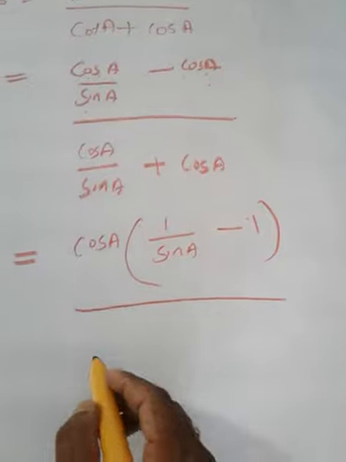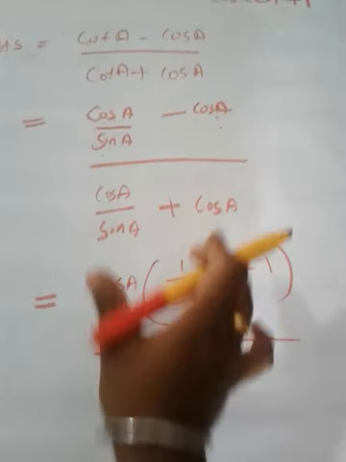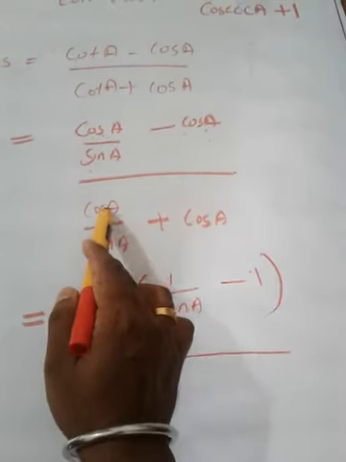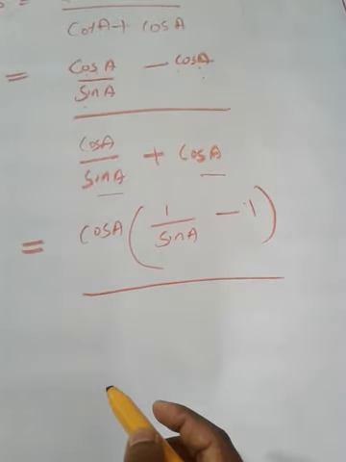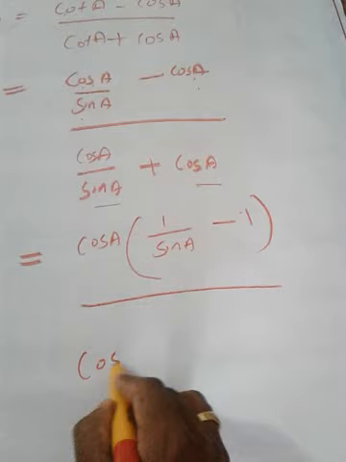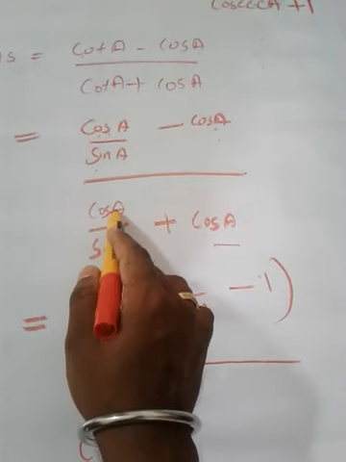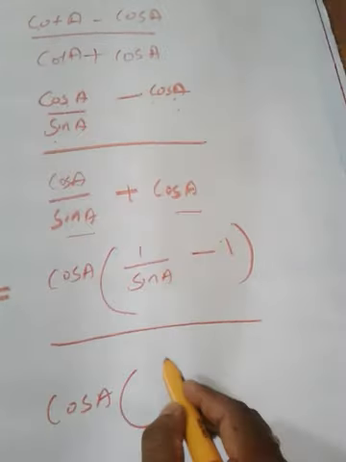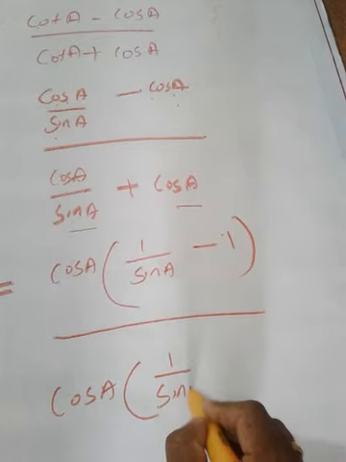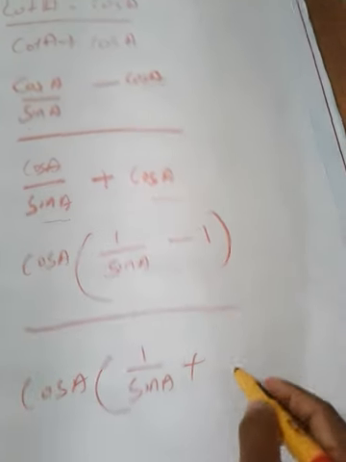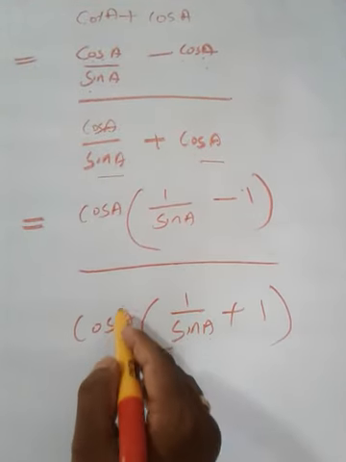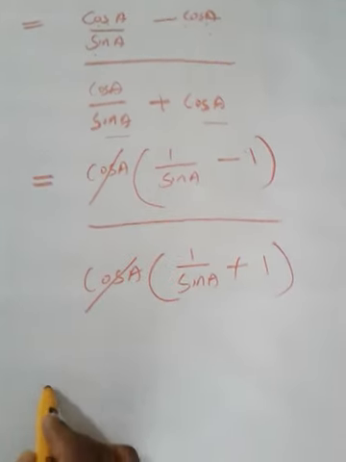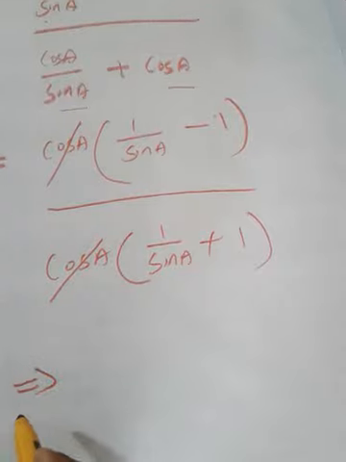And then in the denominator also, in these two terms I am going to take cos A outside, because cos A and cos A are common. Here in the first term and the second term, cos A came as common, just take it outside. So what will remain? Here nothing will remain because cos A is outside, so write 1 by sine A plus, here also nothing will remain, you have to write 1. You may have understood. And the advantage is, now you just see, cos A and cos A will get cancelled.